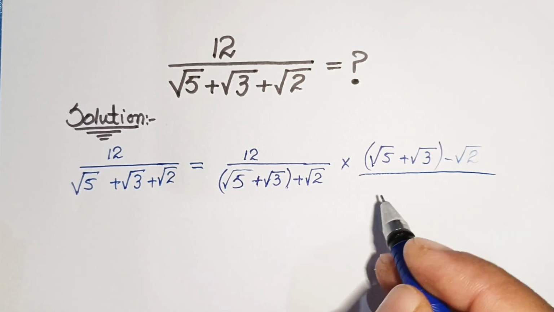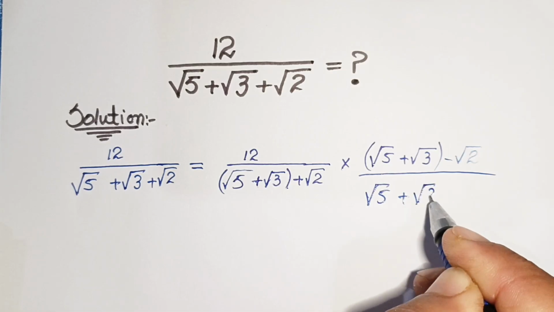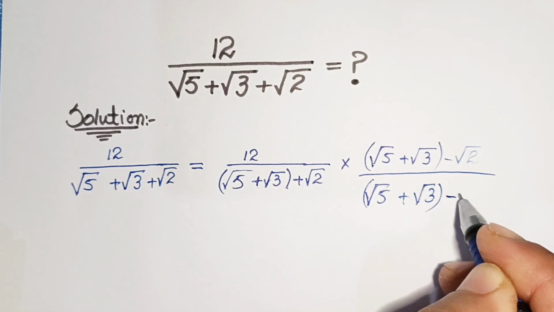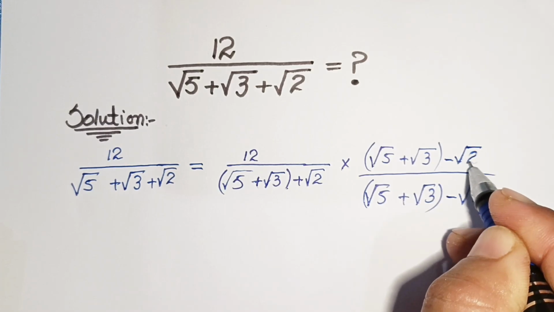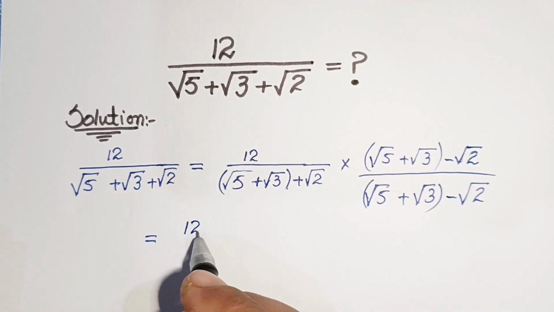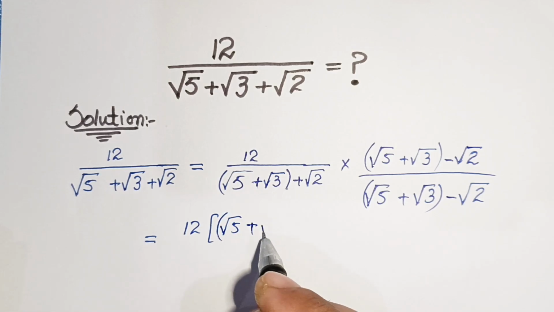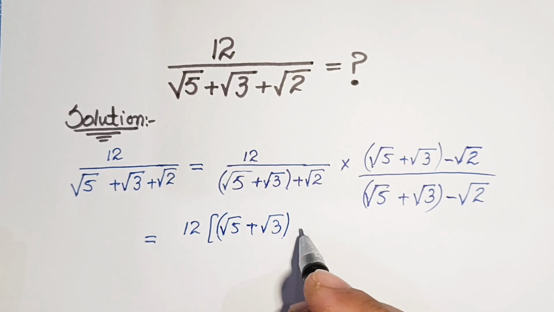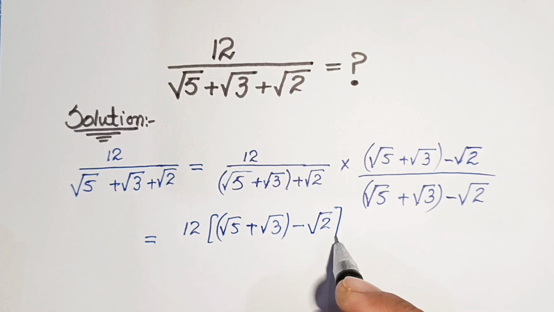All over square root of 5 plus square root of 3, and here square root of 2. So now multiplying with conjugate, then we have now 12 times square root of 5 plus square root of 3, and here this minus square root of 2,